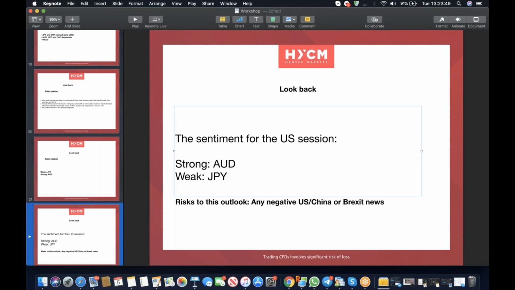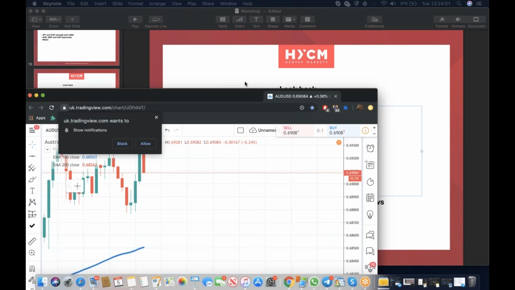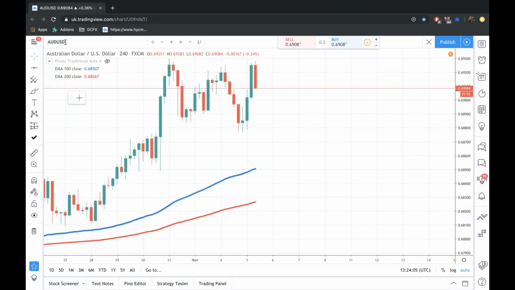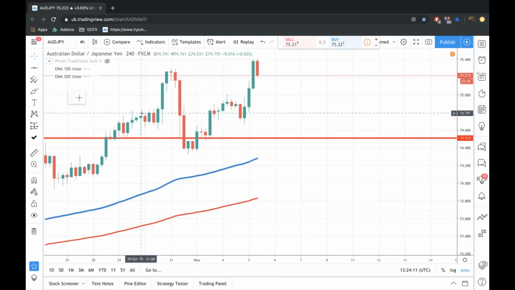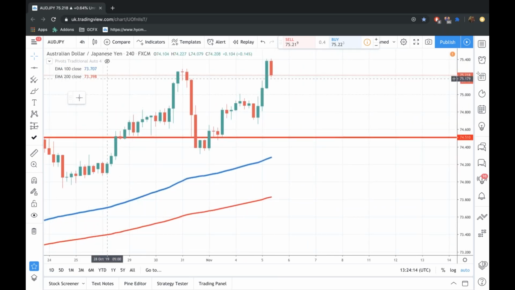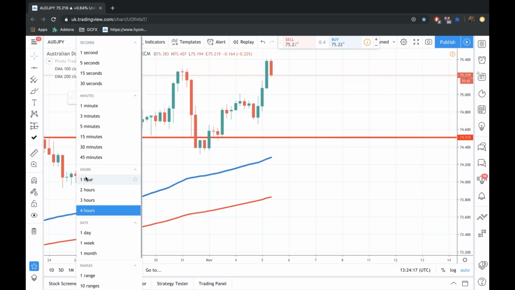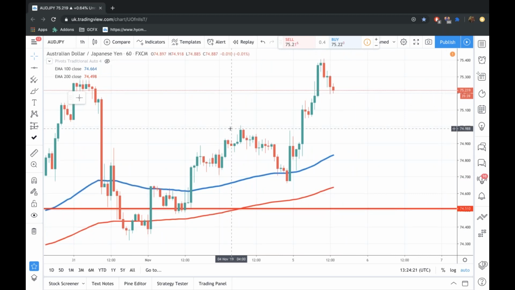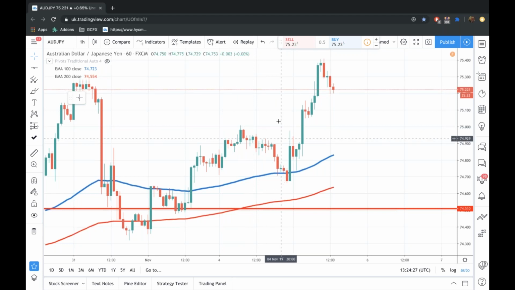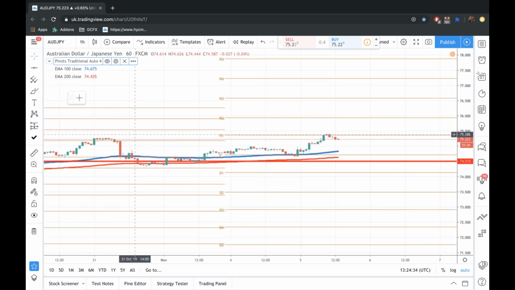So that means when we go to our charts. Right, now, what I was looking at this morning is any pullbacks to this level here. I was looking for a pullback to 75 to look to initiate longs. Now, in the end, we didn't get it, but if we're looking forward,